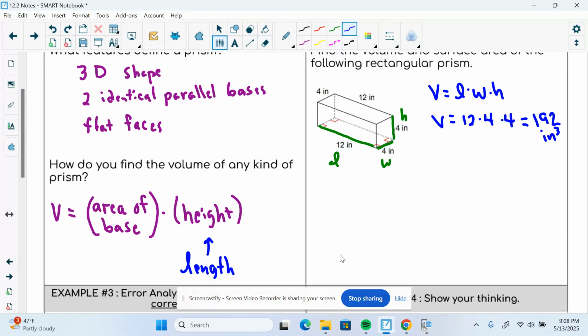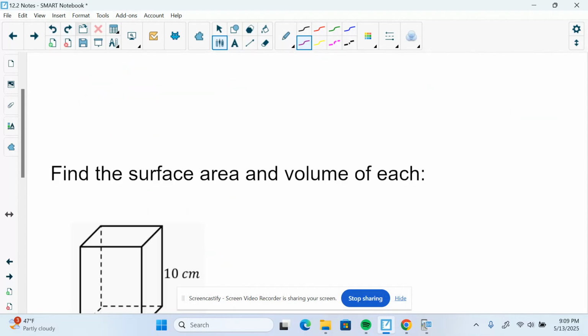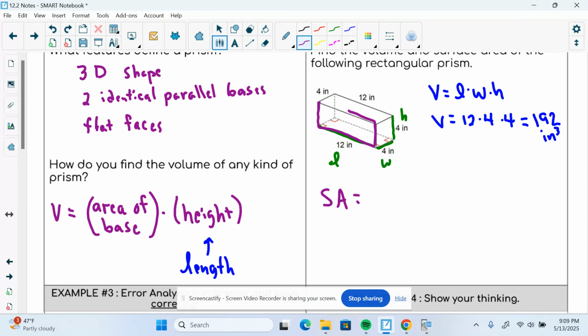Next, we're going to do surface area. Surface area of this thing is going to equal, well, let's do this. Let me start with these 2 faces right here, the bases. Those are both 4 by 4 squares, so I have 2 of those. So I have 2 times 4 times 4